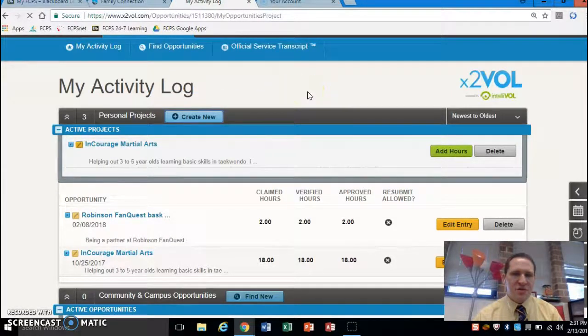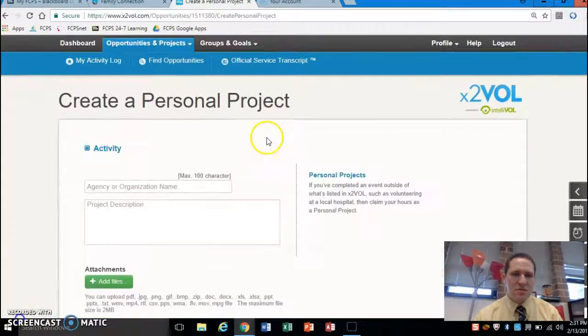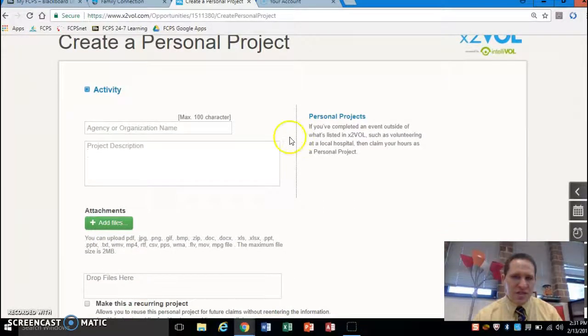Okay, so in order to do that, you go to Create New for Person Project. That's going to take you to the new screen. And so here we go. So we're on the screen, and what you would do in this space here is you would type in the name of the organization. So we'll just use Service Learning Club as an example. Project description,